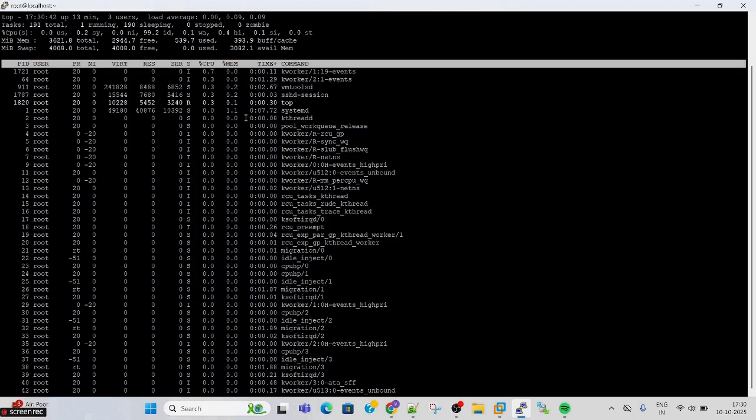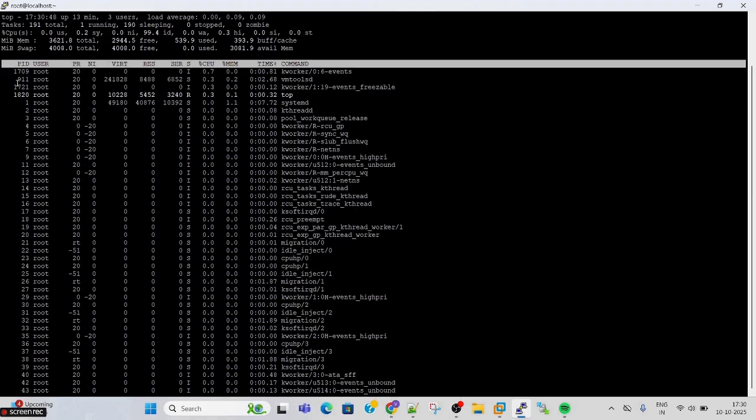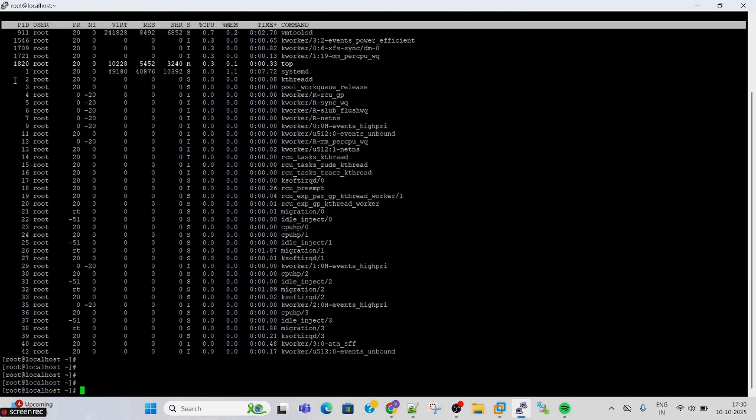And you can see there is nothing, no application running on my server. Once you press Ctrl+C, after that you can check the disk utilization in my production servers